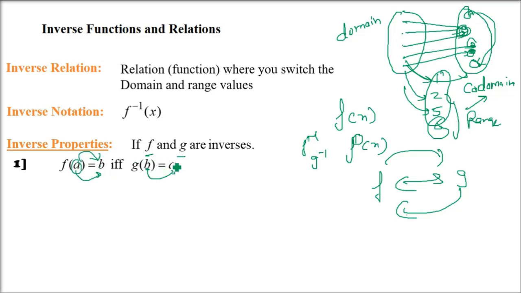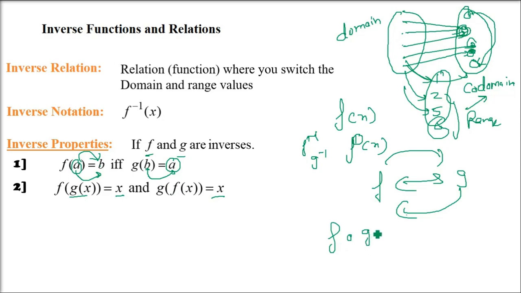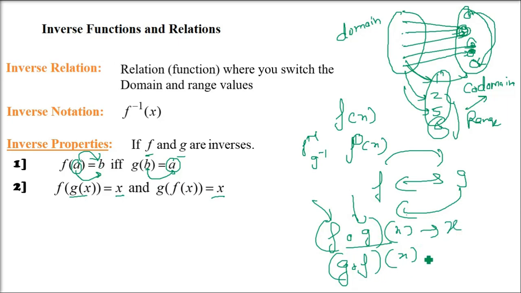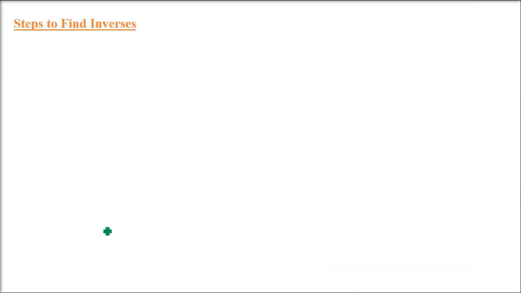The only thing I am trying to suggest here is that I am changing the values of domain and range. So f of g(x) has to be x, and g of f(x) is x. That is, f∘g(x) is x, the composite function is x, and g∘f is also x. f and g are inverses of each other. One is f, g is actually f inverse. So basically you are finding f of f inverse. We're just saying g is f inverse.